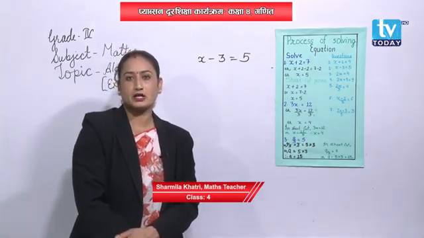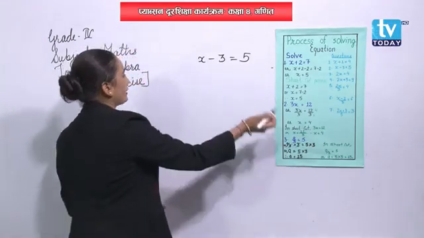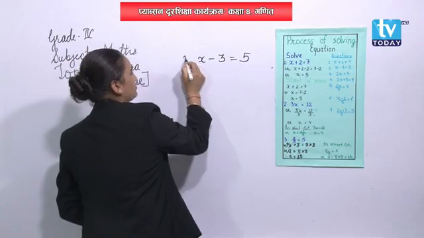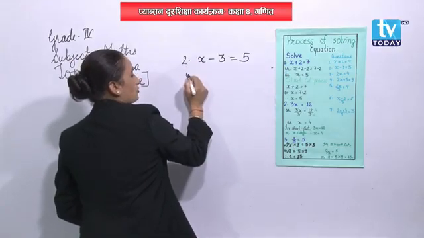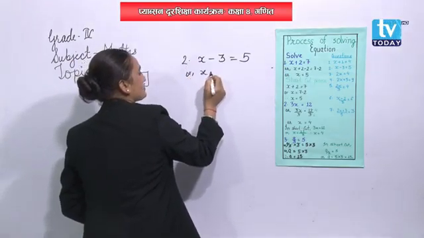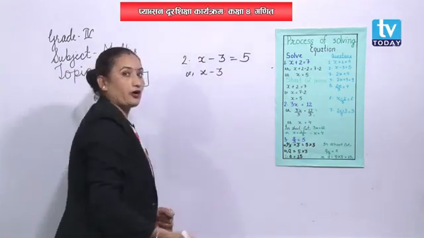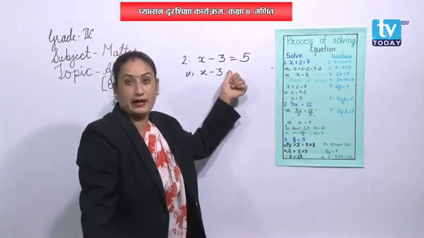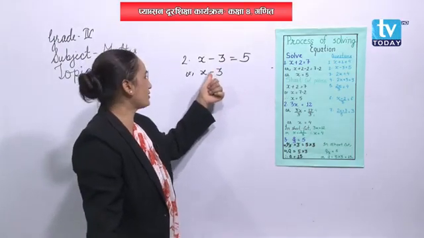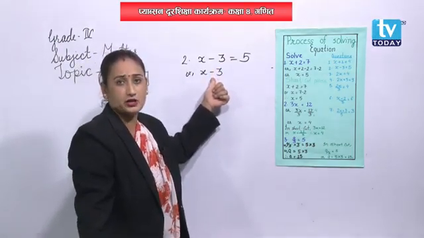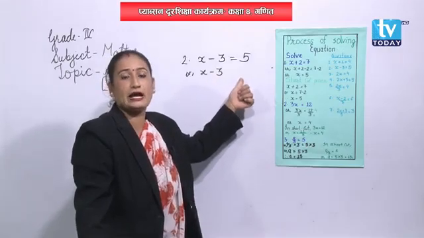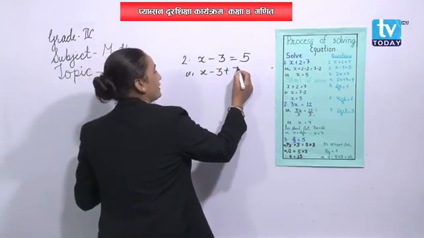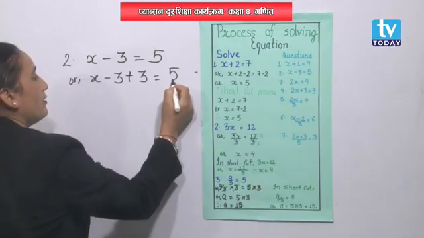Shall we start? Okay, students, have a look over here. X minus 3 is 5. So, from the long process we will follow, X minus 3. Now, before I used to put plus sign over minus sign over here, right? Now, here already minus sign is there. So, to make it 0, I have to put here plus 3. So, please put here plus 3 and there will be 5.